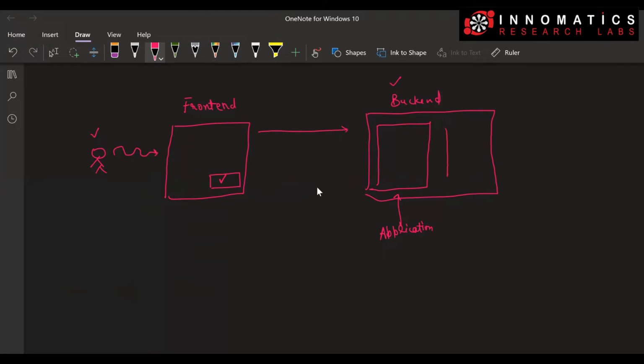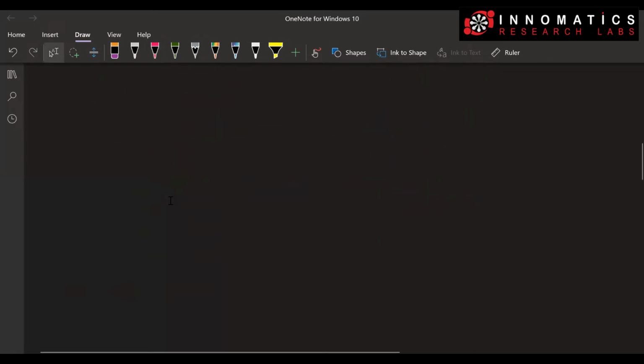Now, the application server is going to be connected with something called a database, where all the data is going to reside, right? Now, in this course, we are going to understand the entire flow, the entire end-to-end development of any application that you can think of, right? Now, let me give you a brief of what we have to cover as a part of this course.